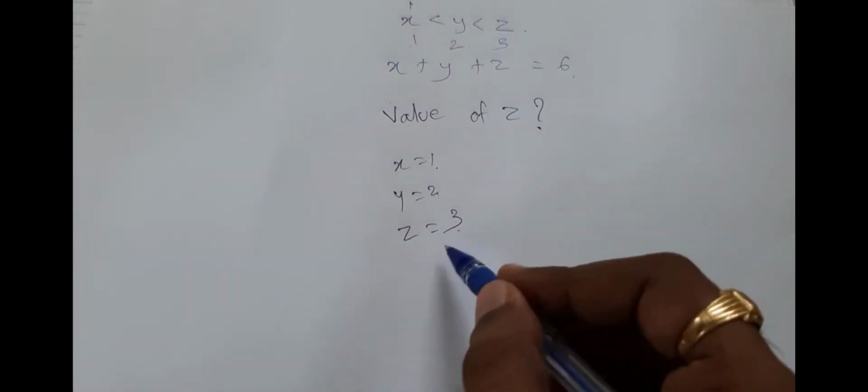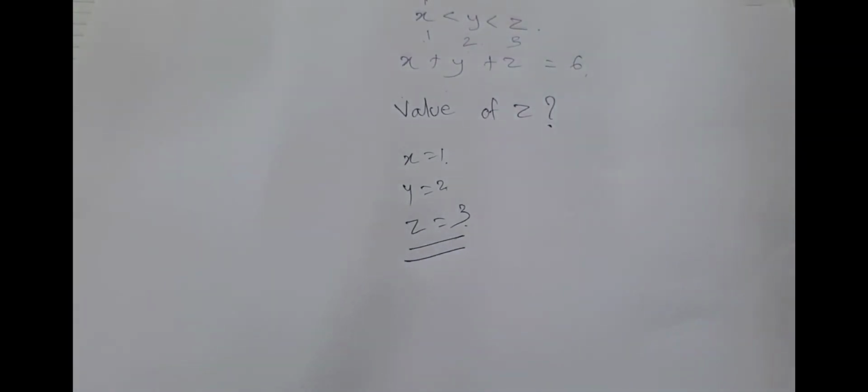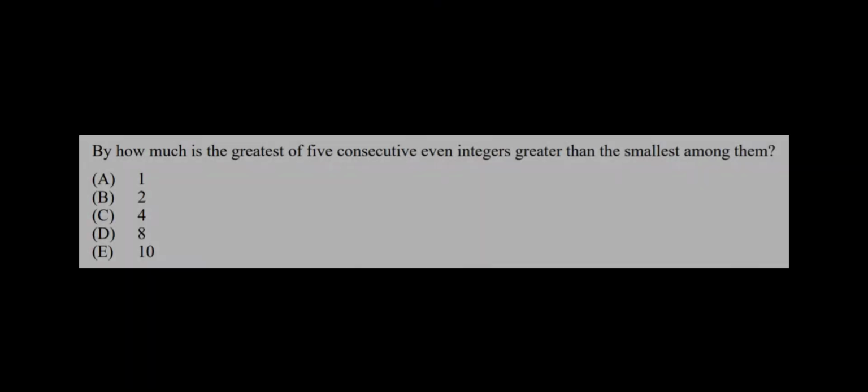So what is the value of z? It is 3. So we can see that substitution makes our problem solving quite easier. So we'll see 3 examples: an easy level, a medium level and a hard level. The first example is: by how much is the greatest of 5 consecutive integers greater than the smallest among them? Let's assume